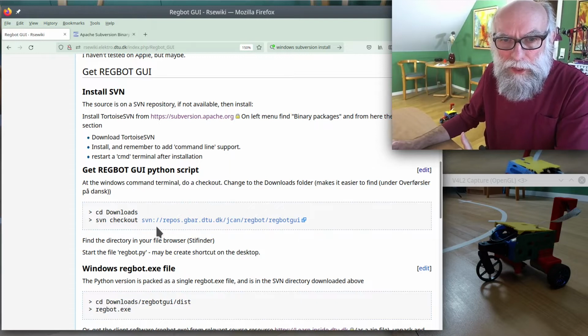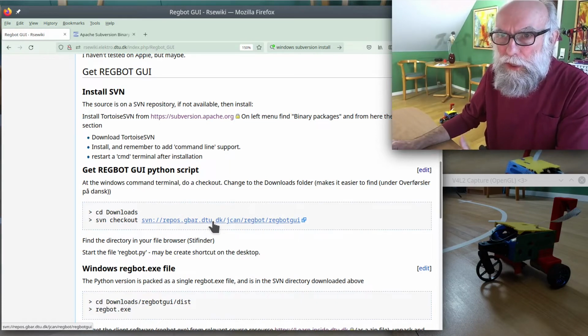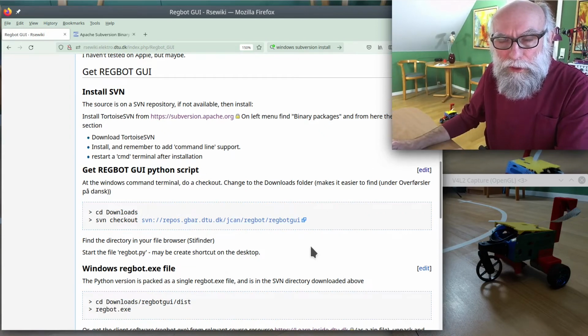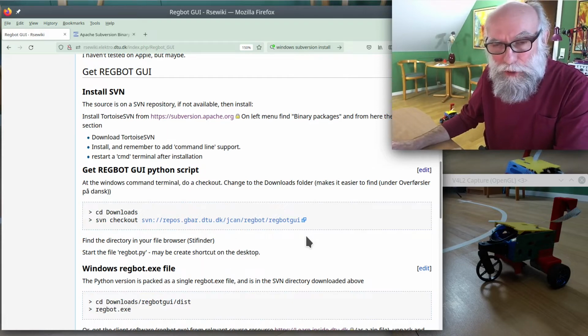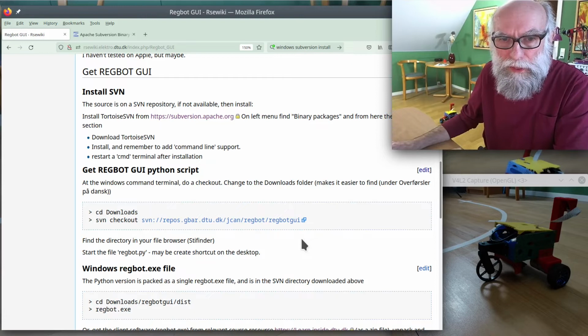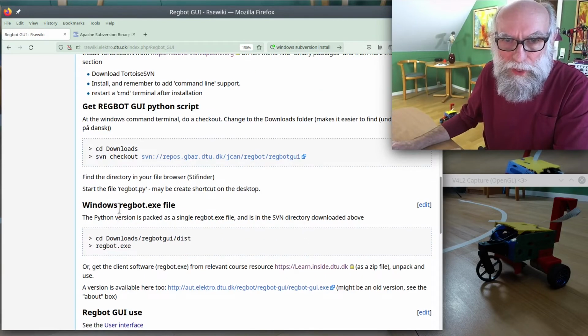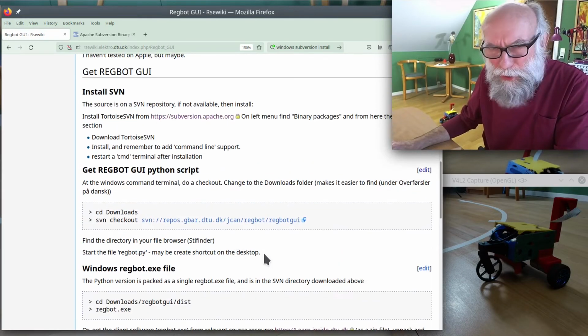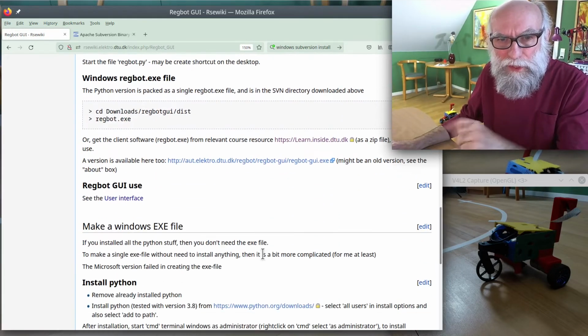The keyword here is that this is the address you need to get when you fetch the application. So this is actual Python code you need. It also says Windows and exe file, and I tried to make that following this recipe here,